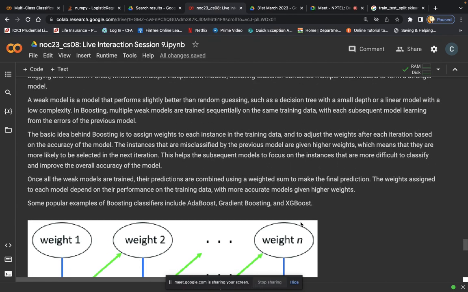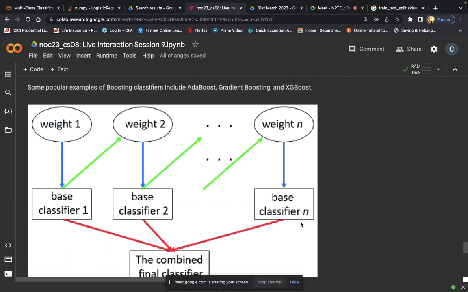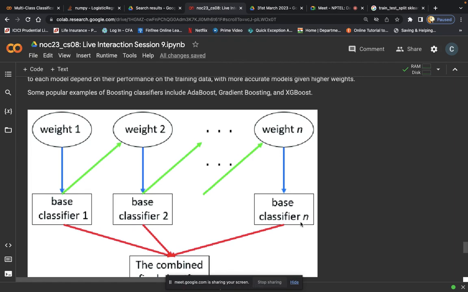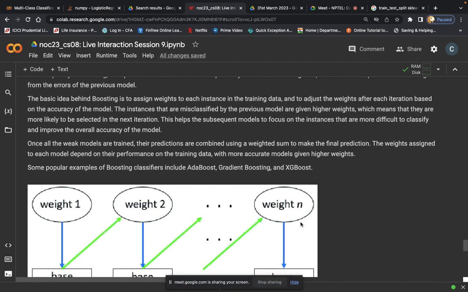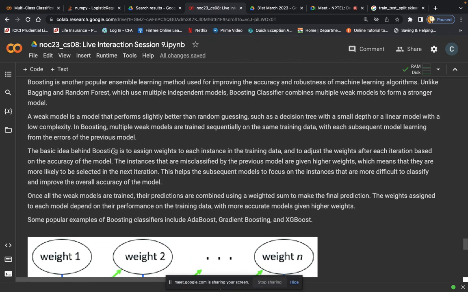When we say weak classifier, that means it performs only a little better than random guessing. If you have seen the lectures, for example, to calculate the ROC curves you have to keep a certain threshold. In this boosting classifier also, for that algorithm, we have to keep a certain threshold. The threshold for the ROC curve is usually 0.5, and below 0.5 the ROC curve will become bad. Similarly, a certain threshold will be there. So a weak classifier is still a little bit better than random guessing of 0.5,